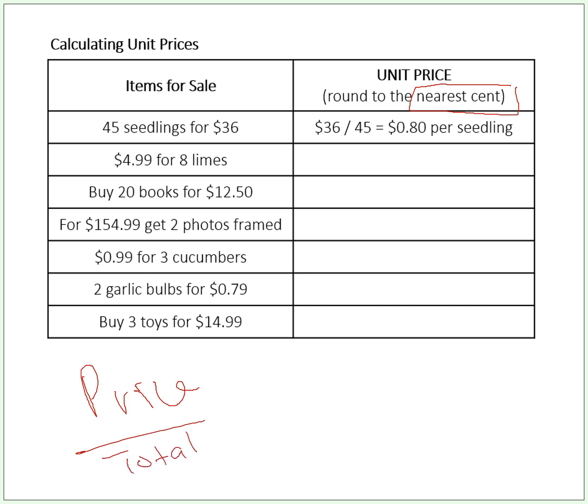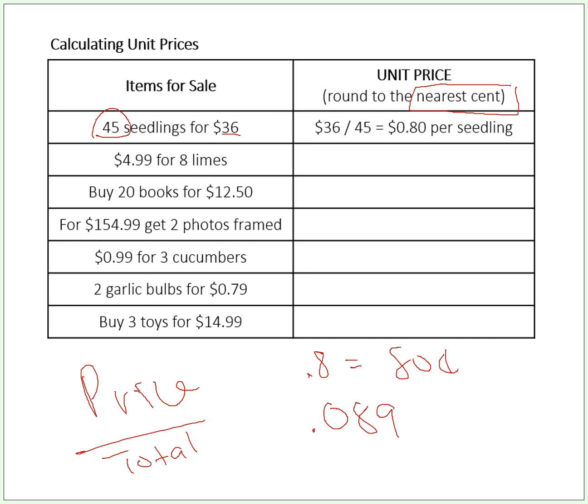So on this first one, the price is 36. If I put 36 divided by my units, which is 45, 36 divided by 45, I get 0.8, in cents. That is 80 cents. Okay. If you end up with a long string of decimals, like if I had done this and had